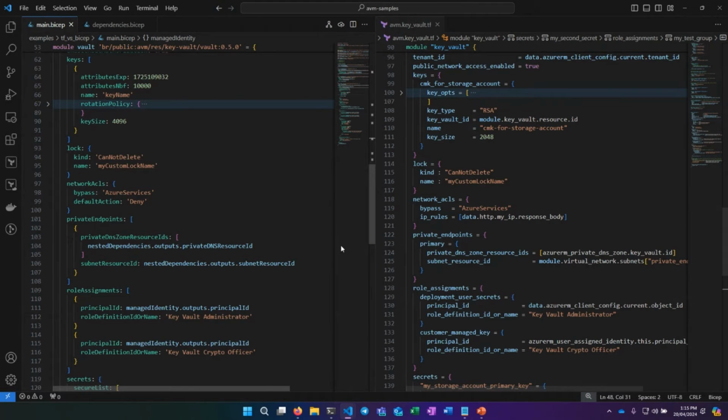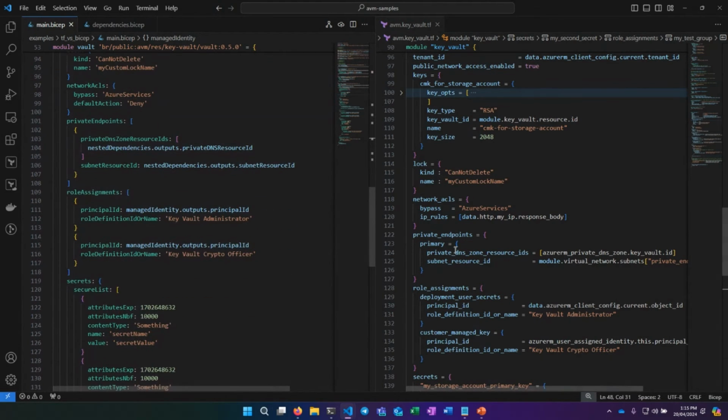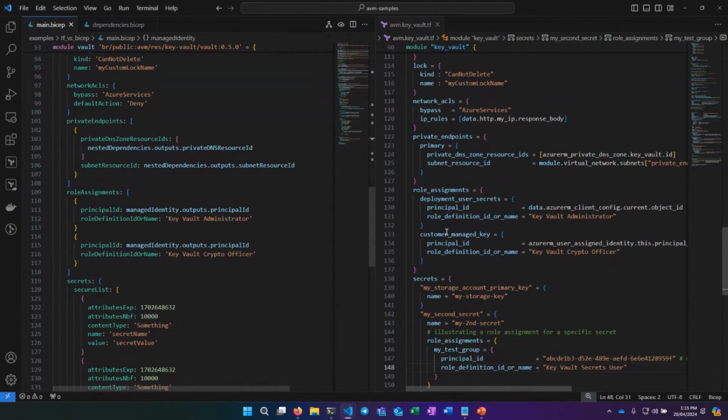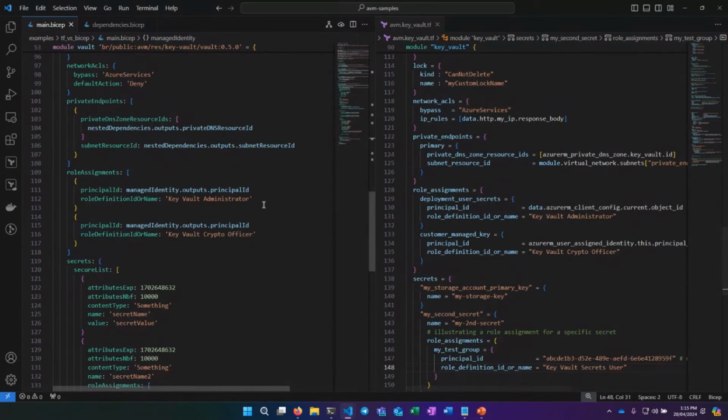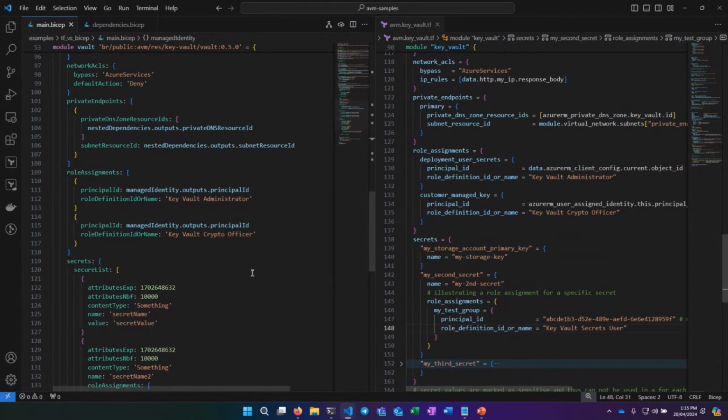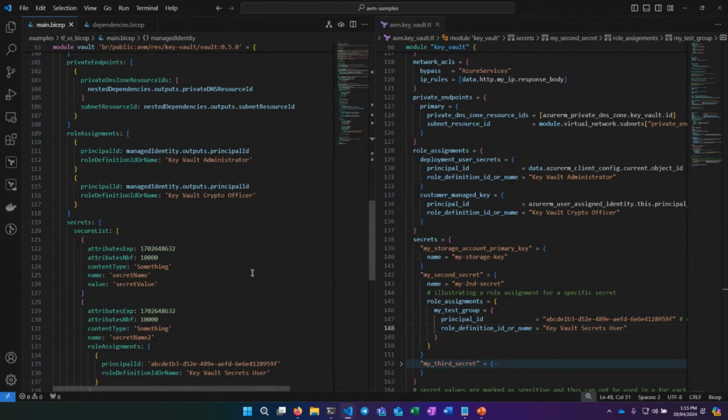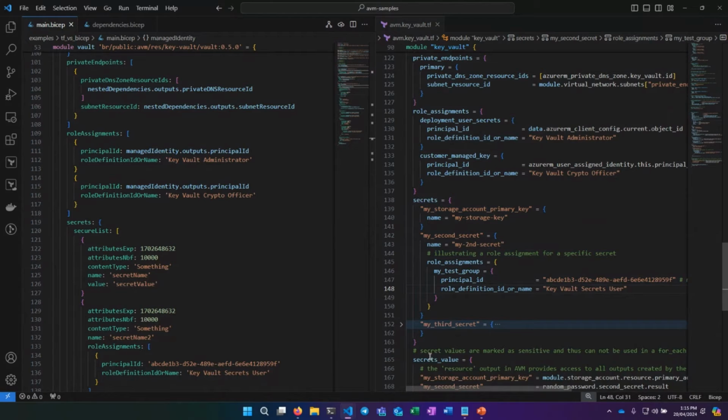And again, very, very similar between the two. And continuing on to role assignments, repeating this, and secrets. There is a slight difference, and this does illustrate that sometimes you have to do things differently within the languages. Within Bicep, there's the concept of a secured list, whereas within Terraform, it's split between secrets and secret values because of the way that the secret values are marked as sensitive. So again, there are occasional differences between the two, which are driven by the capabilities of the language.